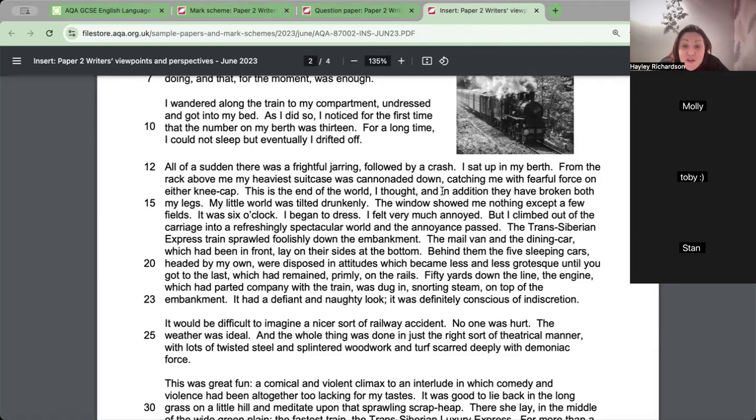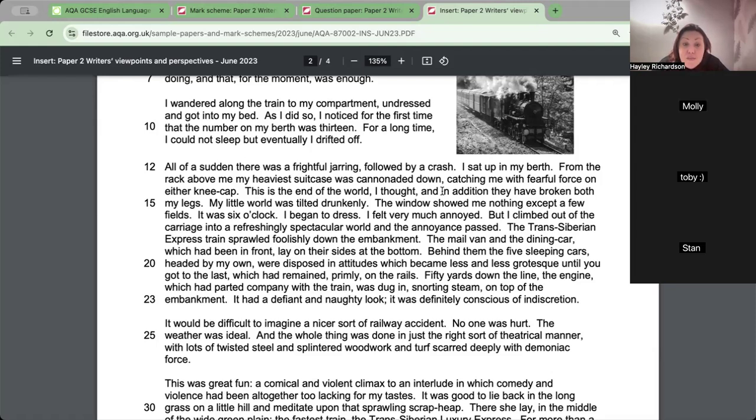This is the end of the world, I thought, and in addition, they've broken both my legs. My little world was tilted drunkenly. The window showed me nothing except a few fields. It was 6 o'clock. I began to dress. I felt very much annoyed, but I climbed out of the carriage into a refreshingly spectacular world, and the annoyance